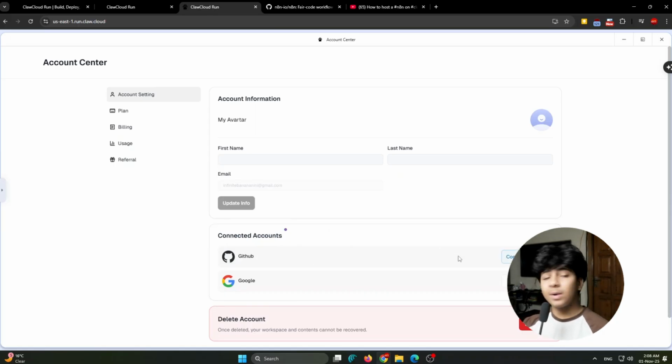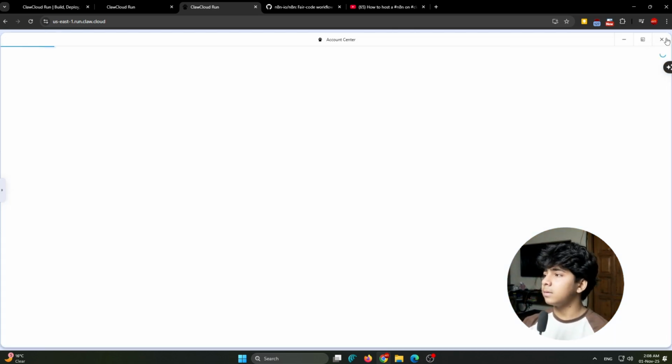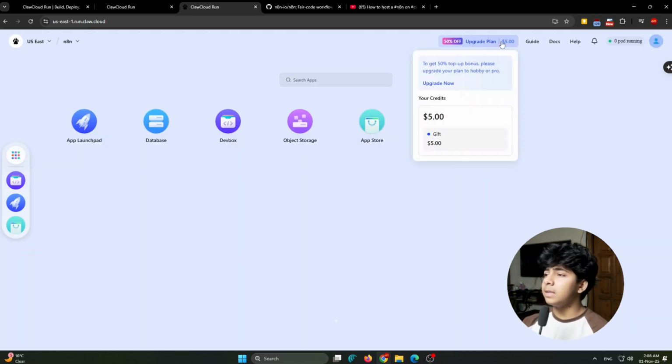I have already connected GitHub, but it is not showing here. I don't know, there is some kind of bug. The thing you must see is this: in the upgrade plan you must have $5 in gifts, because if you verify the GitHub, it gives us $5